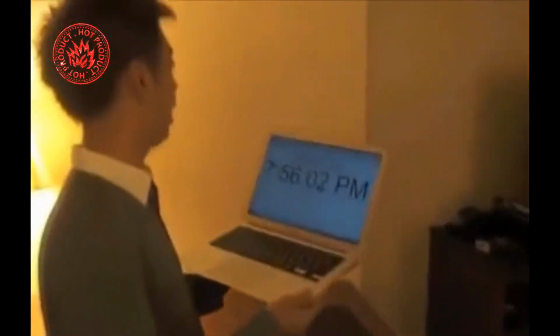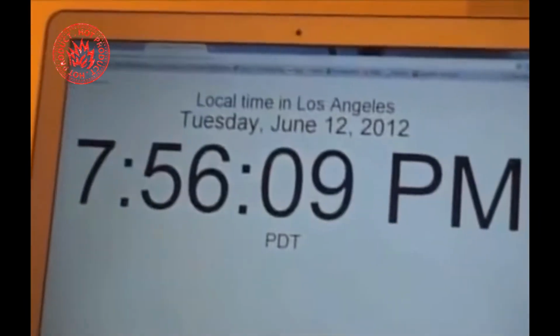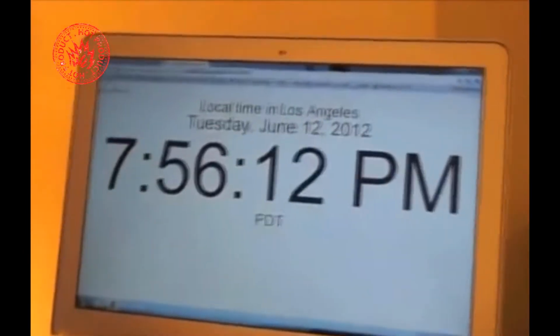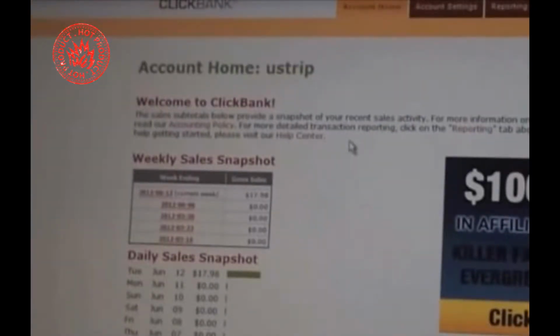It's day 3 here in the US. I'm still at Hilton in LA. And the first thing to do is let's take a look at the current date and time. As you can see from timeanddate.com, it's currently 7:56 p.m., June the 12th, 2012. So let's take a look at our US Trip ClickBank account to see the progress and if we have made any sales. So I'm just going to log in right now and key in my details. And as you can see from our account, the US Trip ClickBank account, we have made